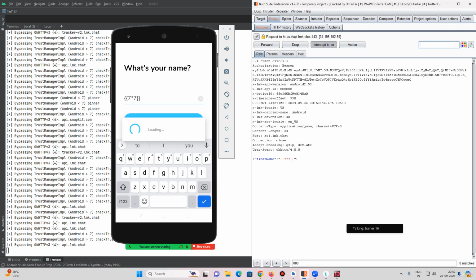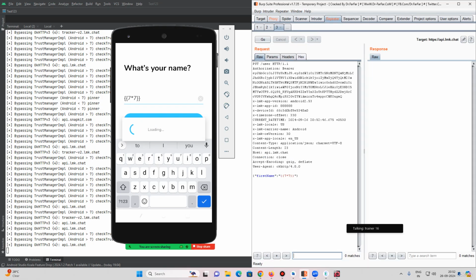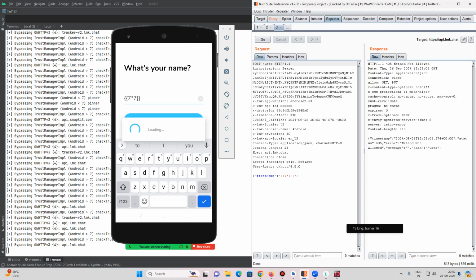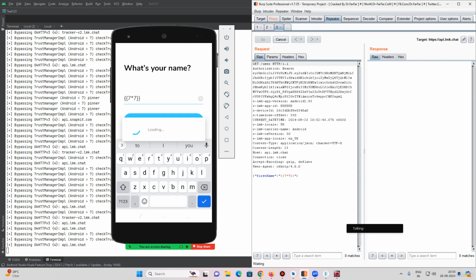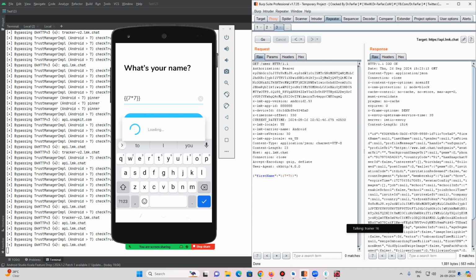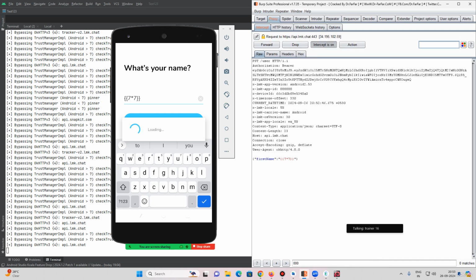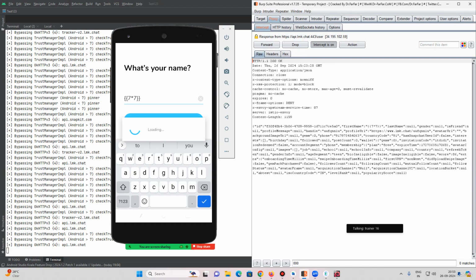For example, this is a PUT request. On a PUT request SQL injection is not possible. If you try to convert it into POST, it says method not allowed. If you write GET over here, it gets the profile of that particular user, but it won't help us much. On PUT the SQL injection doesn't work, and it puts the first name as we give it,